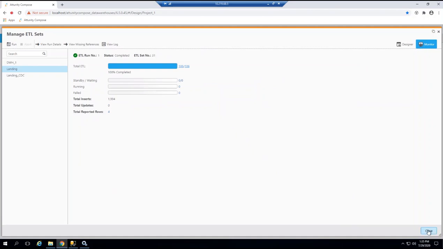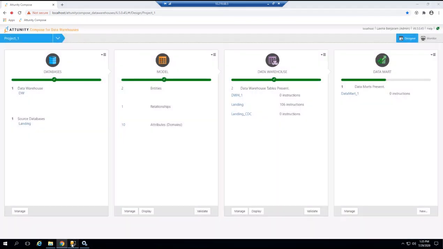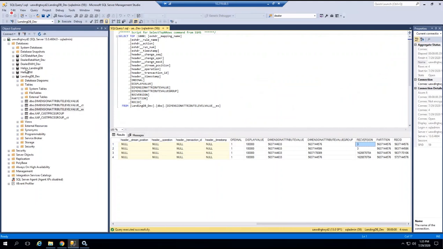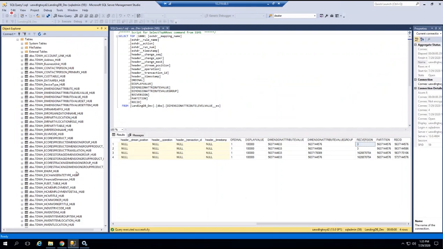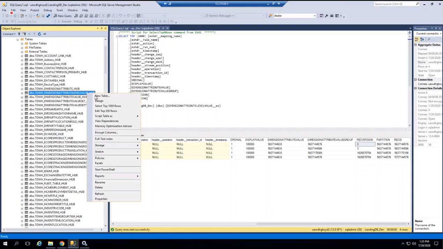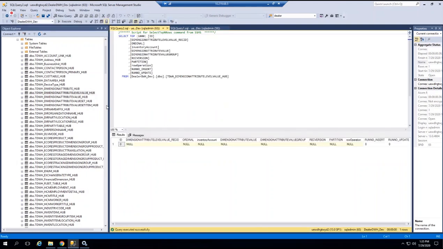And whatever the successful records, you can see them in the data warehouse table. It creates multiple tables, but if you see here,